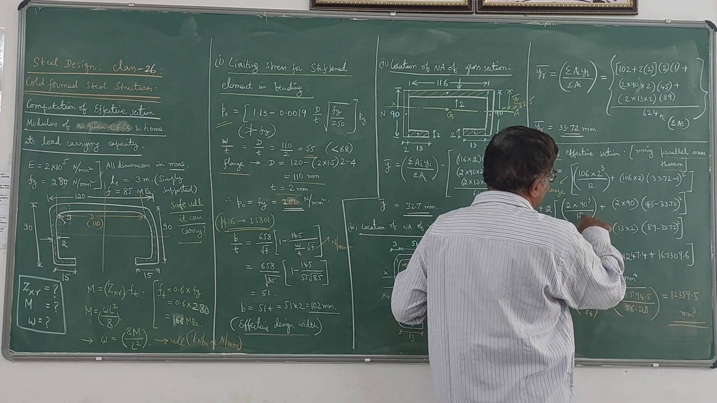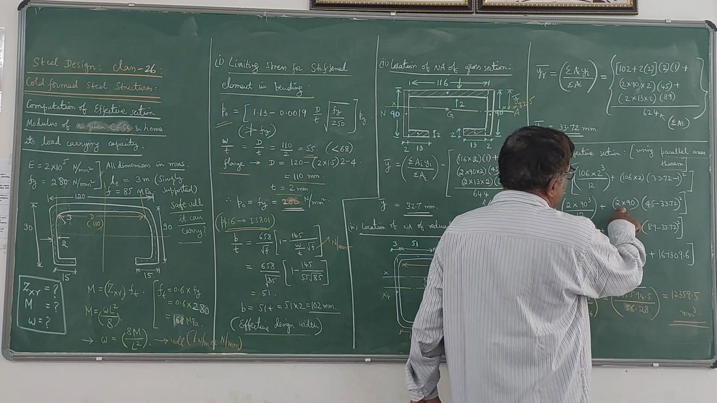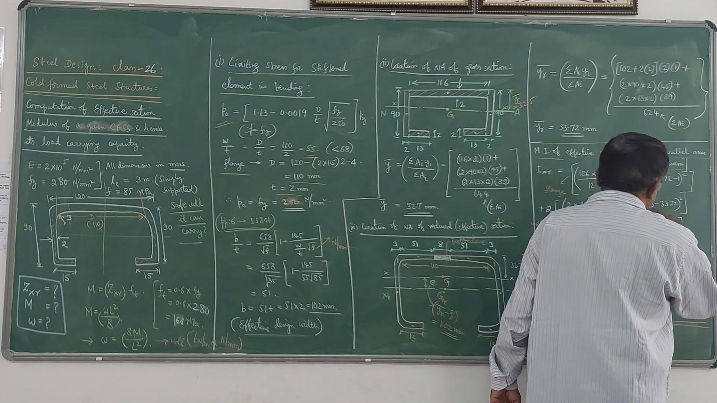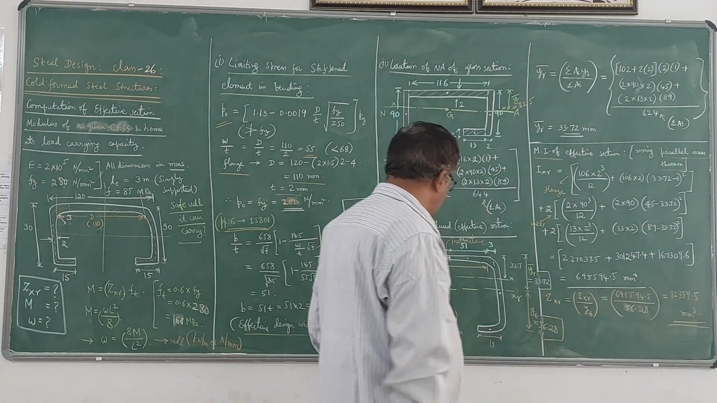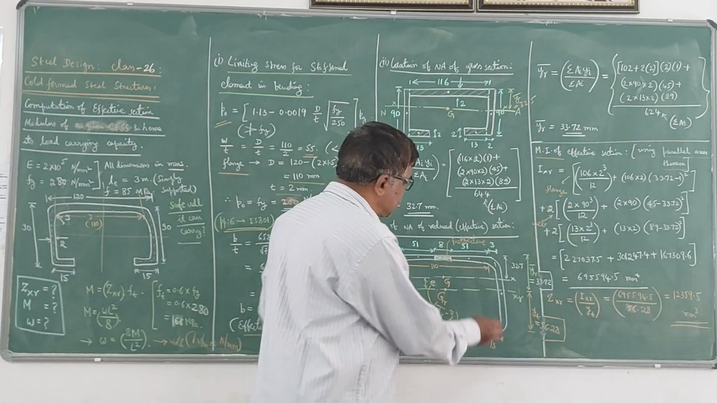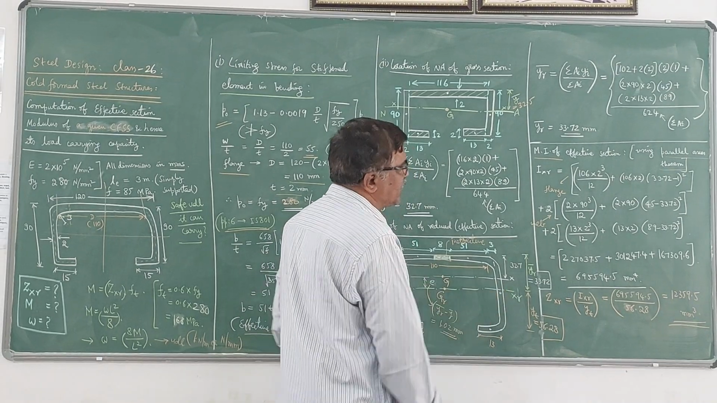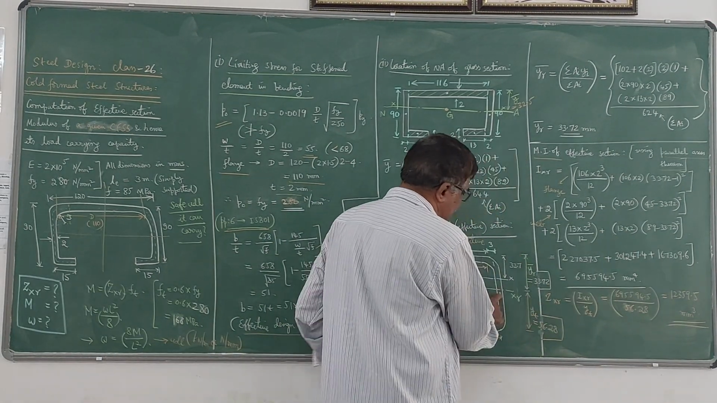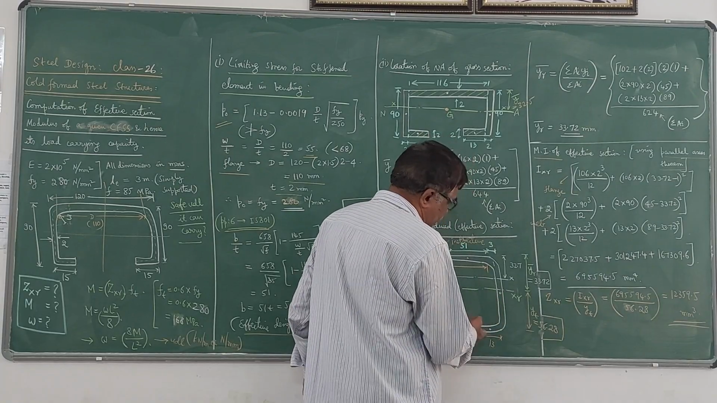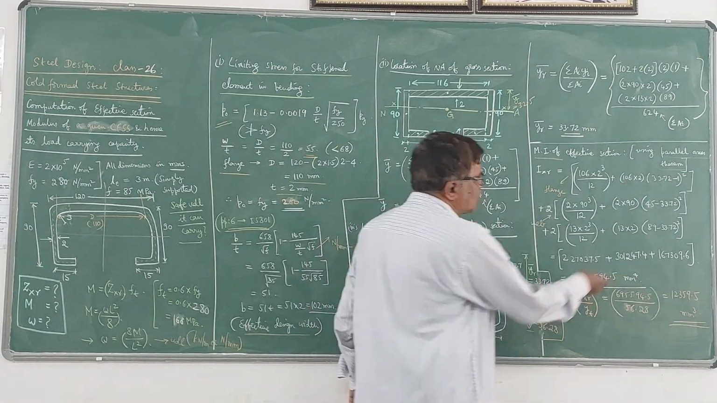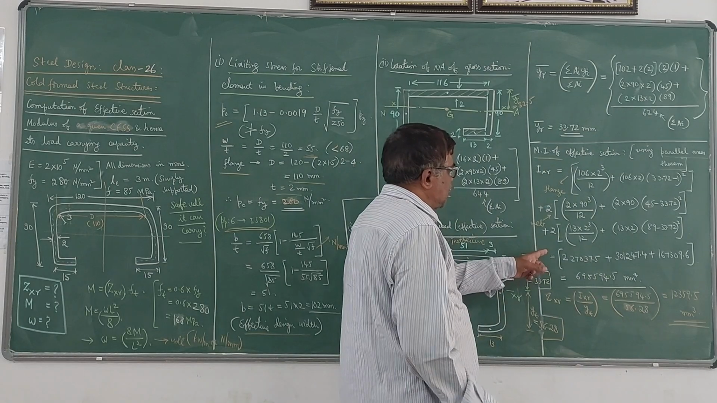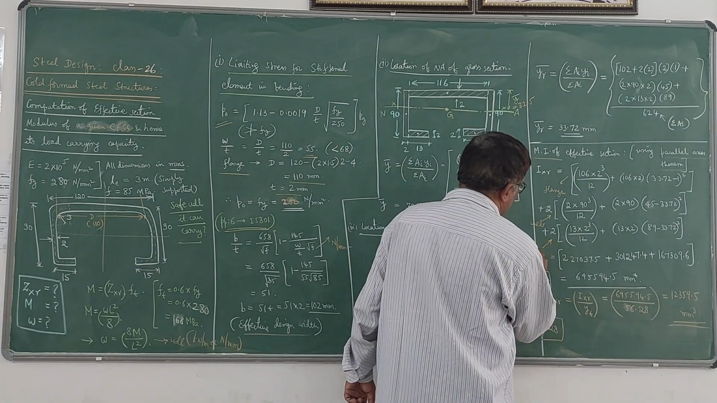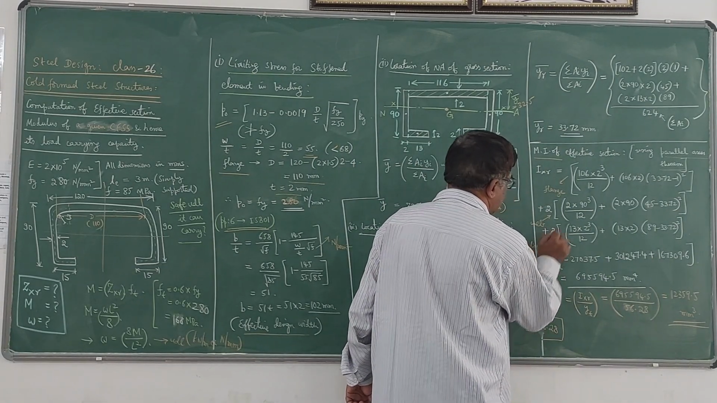So 2 into BD cube by 12, plus area 2 into 90 into the distance between the centroid GR and the centroid of this one. That distance is now 45 because total is 90, minus 33.72, square of that. Next, coming to the lip portion, there are two lips here, so 2 times,